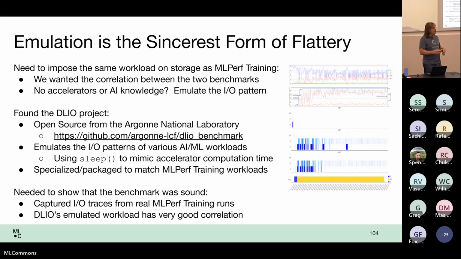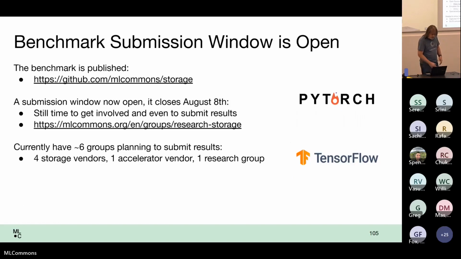So I went through some of that. Some people have asked, okay, where do you get the data? We don't have licensing questions in our working group because we're just going to synthesize files of the appropriate statistical characteristics full of random numbers. Benchmark submission is now open because, I'll get to more of this in a second.